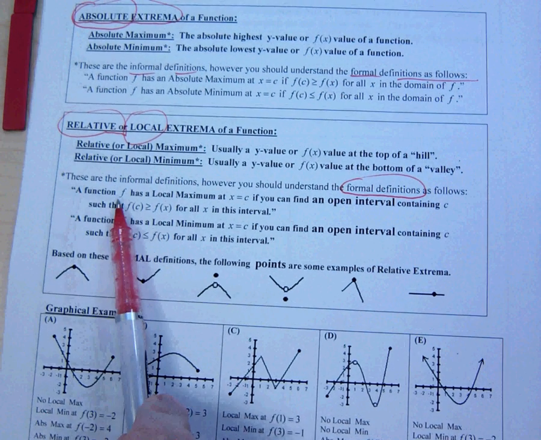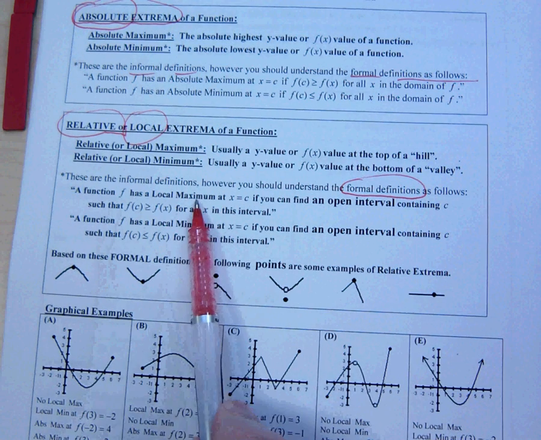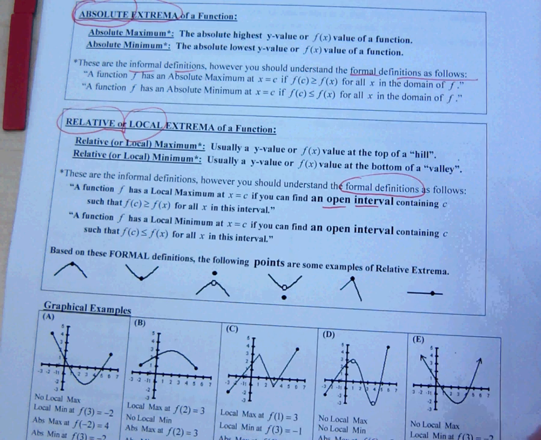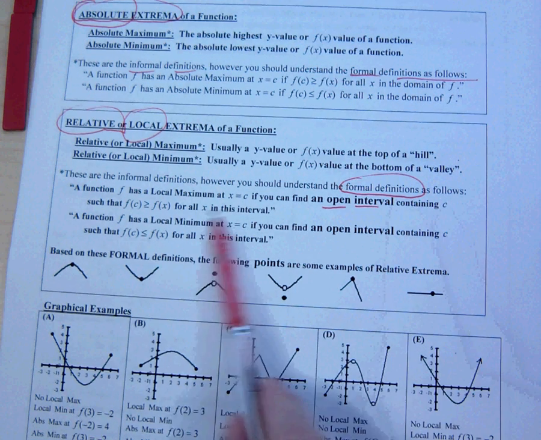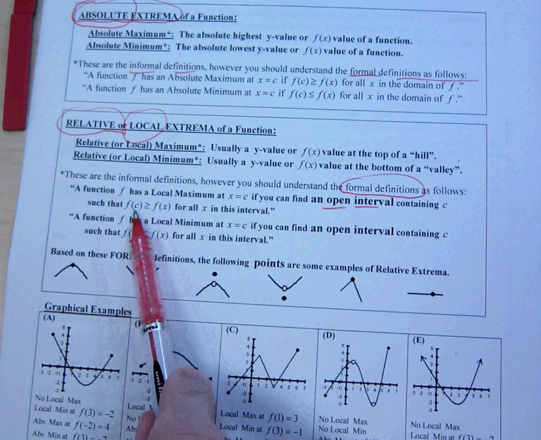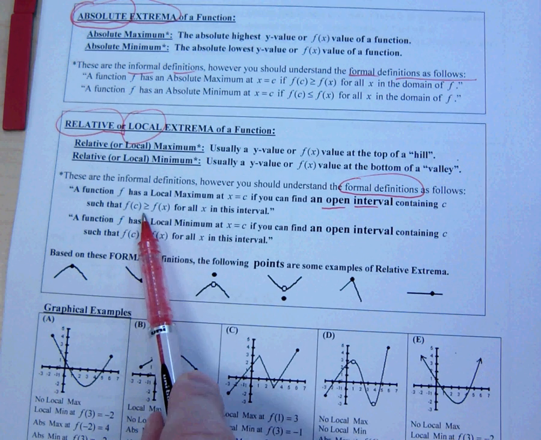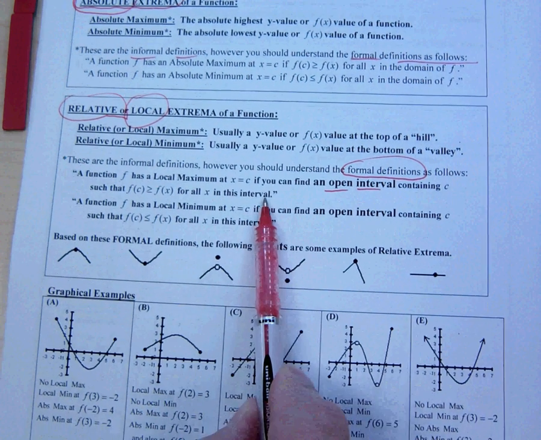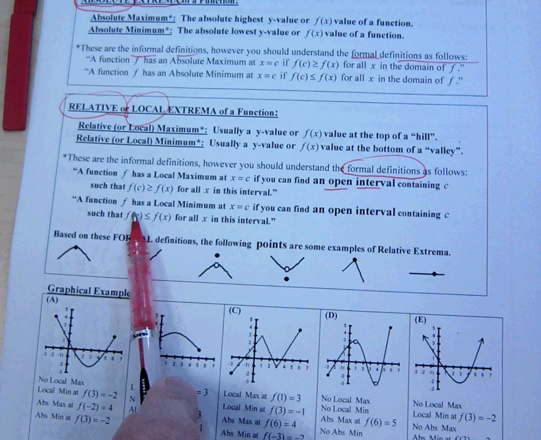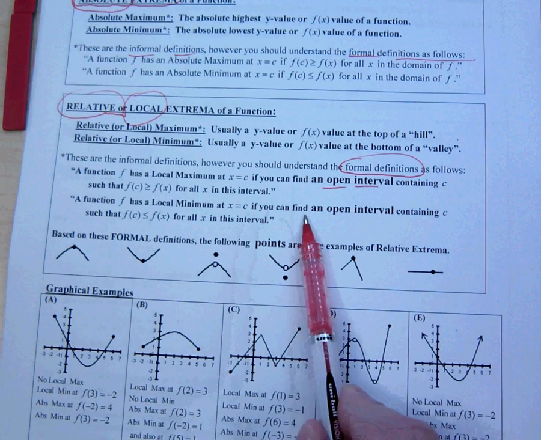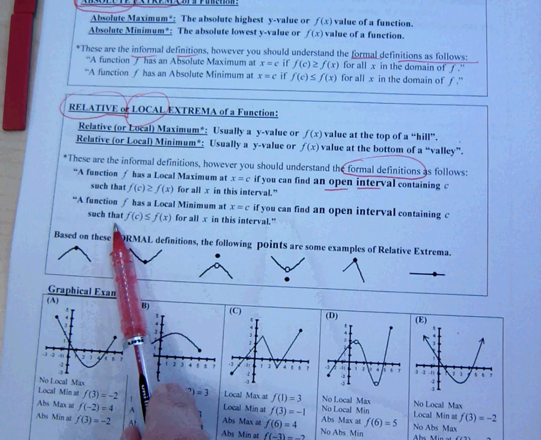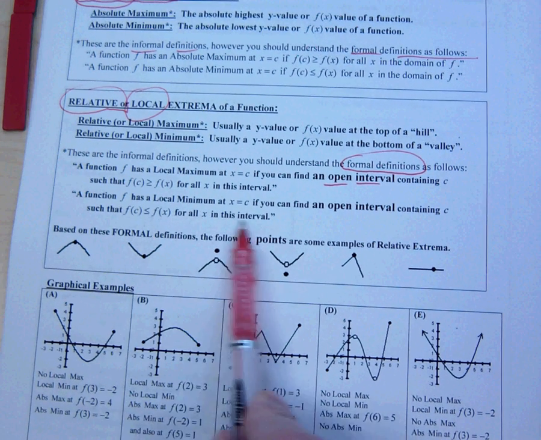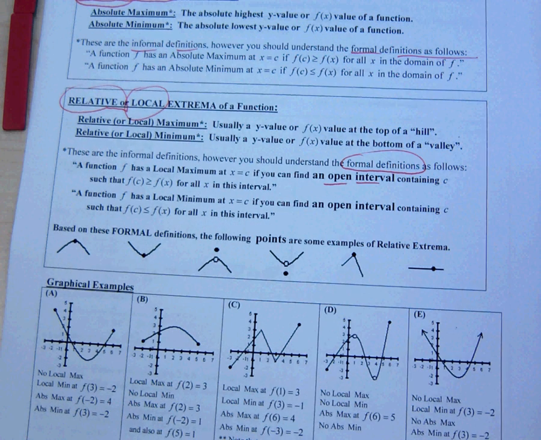A function f has a local maximum at x equals c if you can find an open interval, and that's the key there, an open interval containing c such that the y value there, in other words f of c, is greater than or equal to all other y values in the interval. And in a similar way, a function f has a local minimum at c if you can find an open interval containing c such that, again, the f of c value is less than or equal to all other y values in the interval. So based on the formal definition,